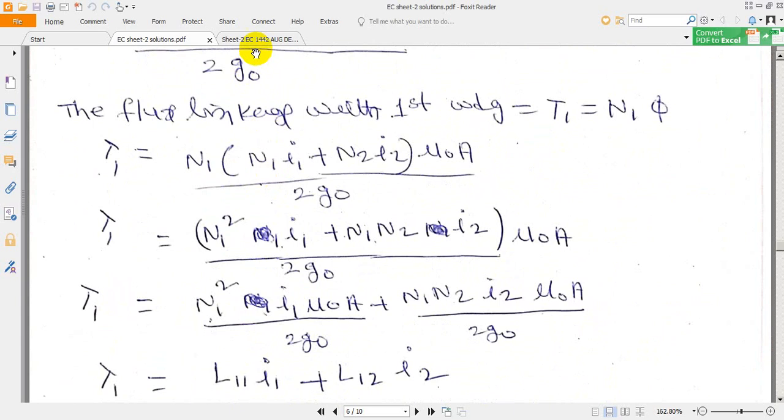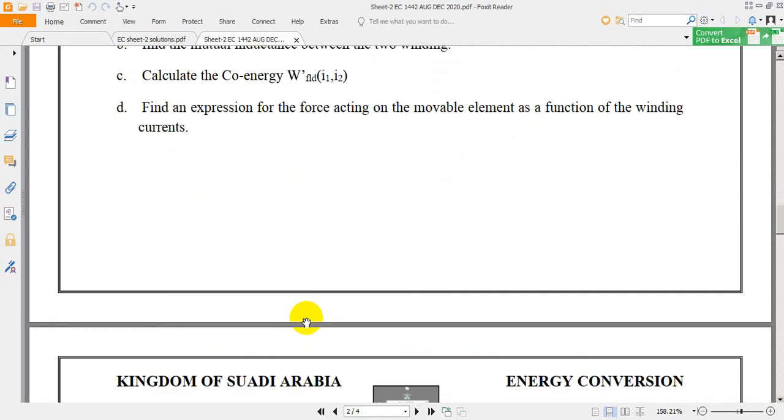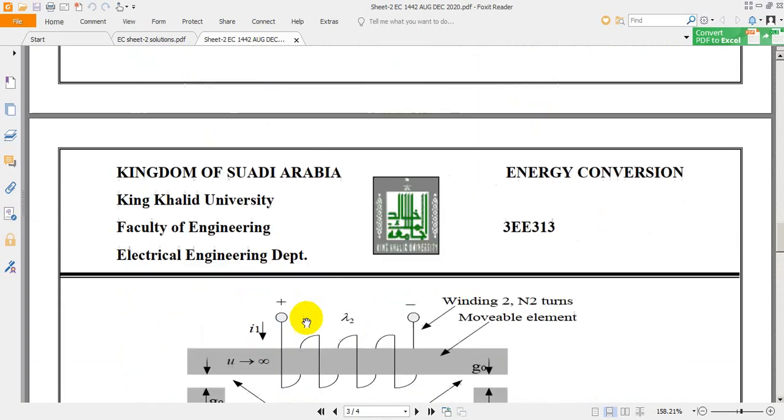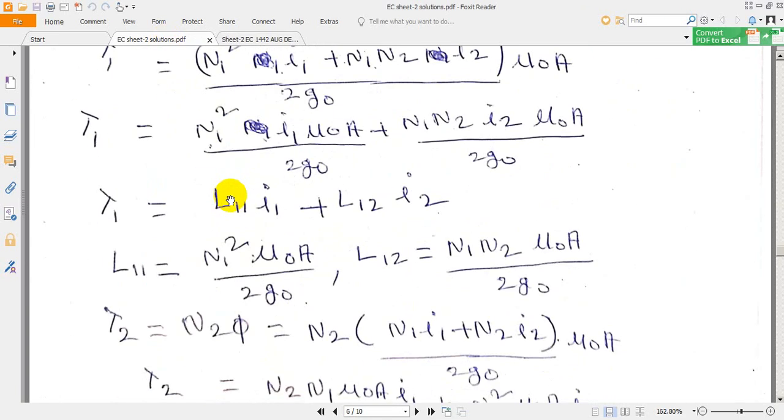Now the next question is, we have evaluated the self-inductance and mutual inductance. Now co-energy is the combined energy of the effect of all the coils, the two coils. Co-energy means combined energy. It is because of inductance. What inductances are we having? Self-inductance of coil 1, self-inductance of coil 2, and also the mutual inductance. Because of these three inductances, we need to evaluate the co-energy, the total energy. Energy is given by half L I square.